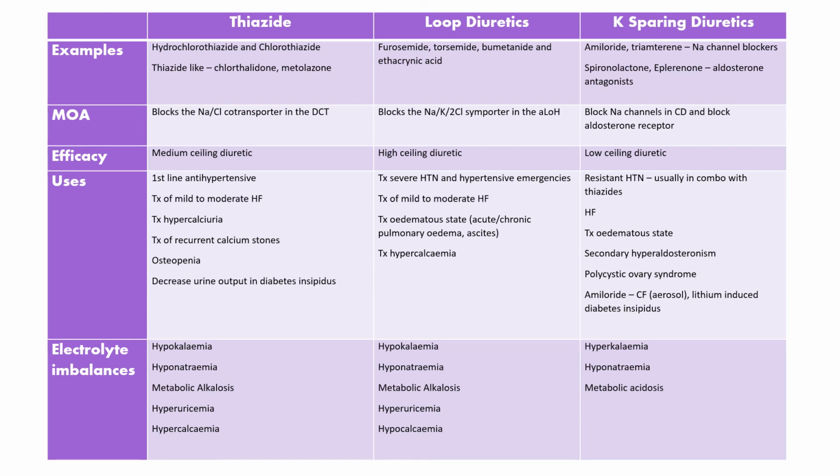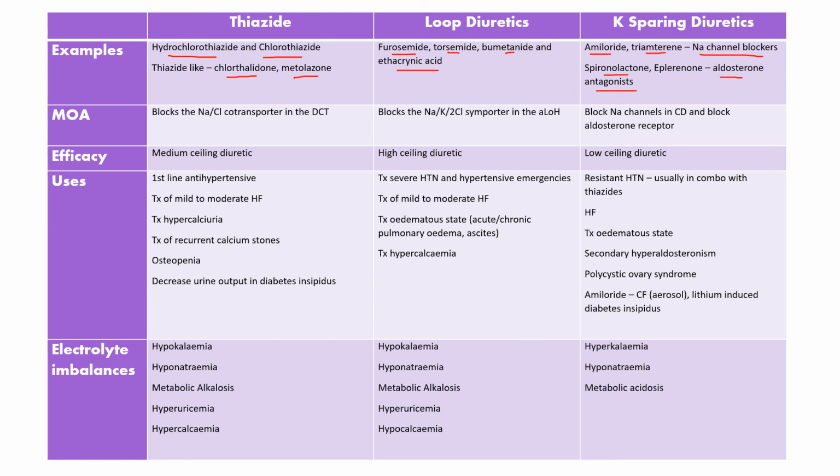So let's start. Thiazides. Examples include hydrochlorothiazides and chlorothiazides, and we have thiazide-like diuretics like chlorthalidone and metolazone. Loop diuretics, we have furosemide, torsemide, bumetanide, and ethacrynic acid. Okay. For potassium-sparing diuretics, we have our sodium channel blockers like amiloride and triamterene, and we have our aldosterone antagonists,